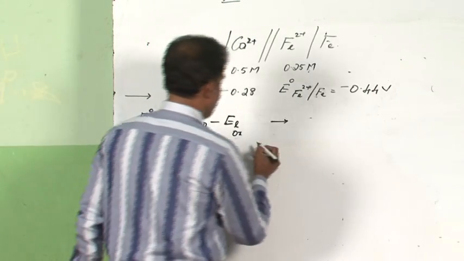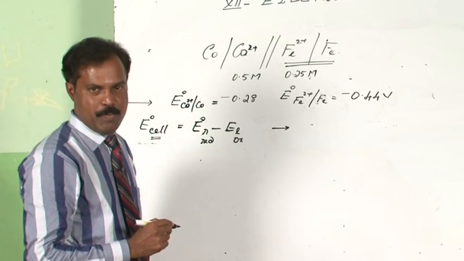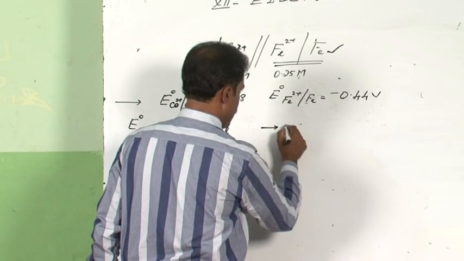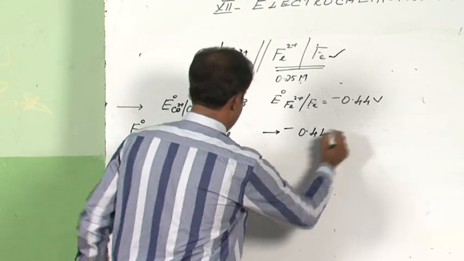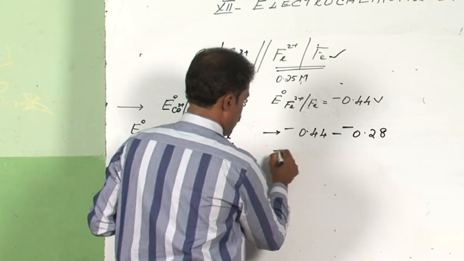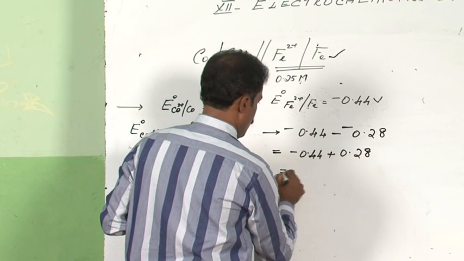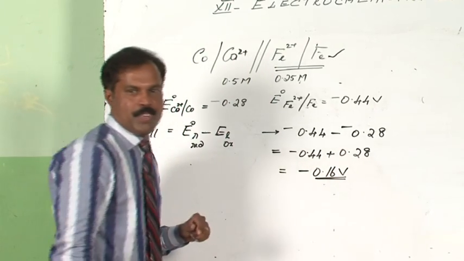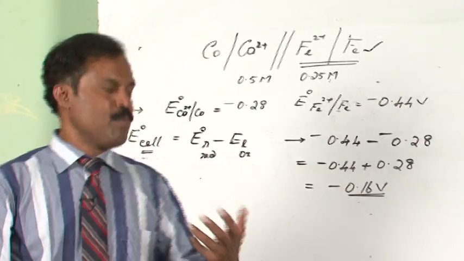Now the reduction, as you can see, is this part, which is written on the right hand side. The value of EMF in the standard state is minus 0.44. Now we substitute the value of oxidation, which is happening here, it is minus 0.28. This comes to be minus 0.44 plus 0.28. The value you are getting is minus 0.16 volts. The EMF of the cell comes out to be negative. Now what information you get from this is,